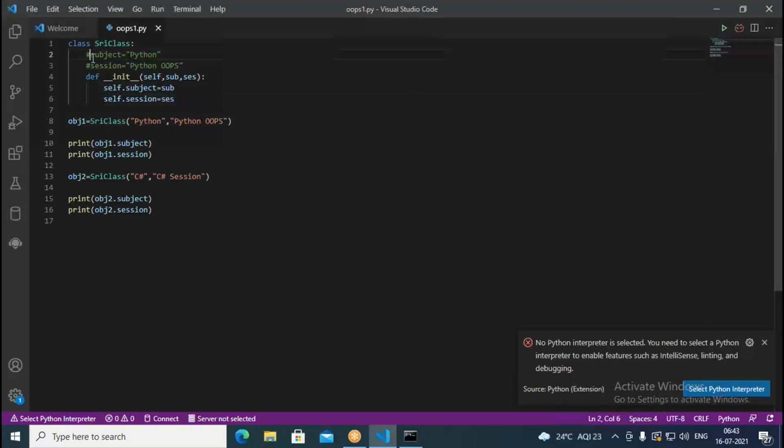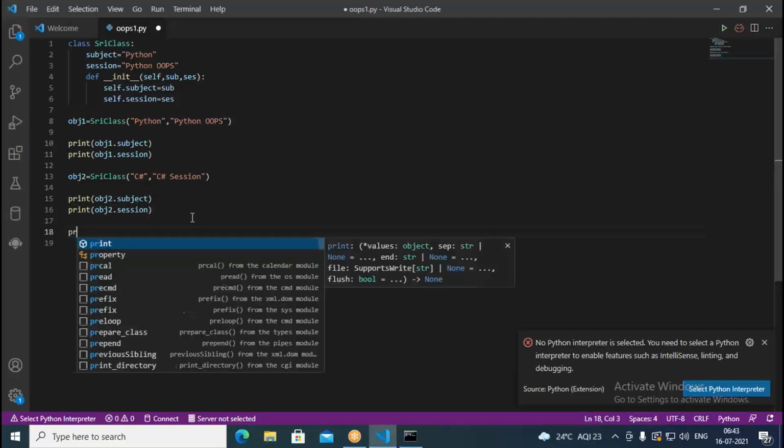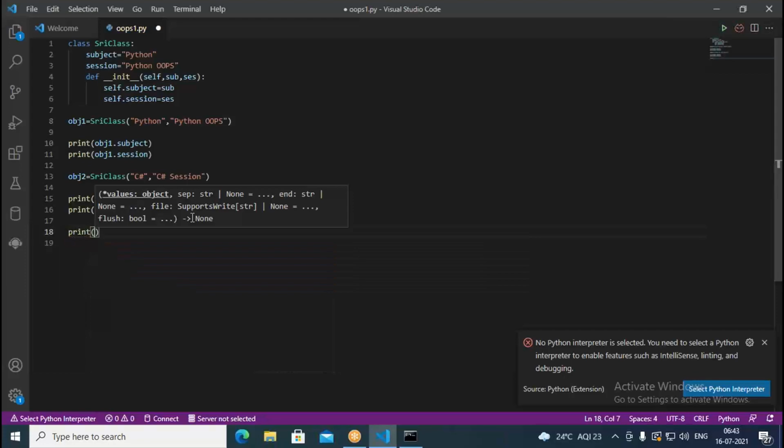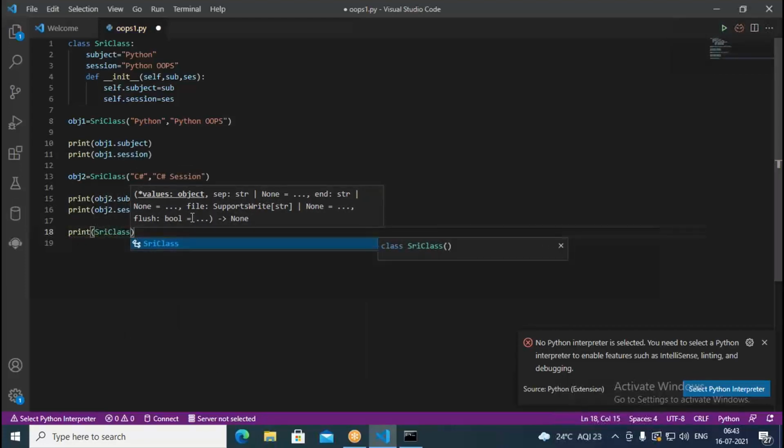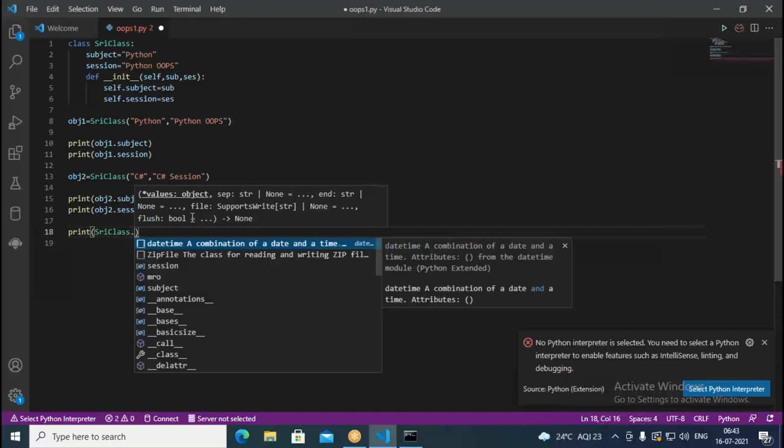Suppose you write here something like subject, session. What happens? These are called as class level variables. They are not object variables. Now suppose I go in this manner here. Then what I do? Print, then I write here Sri class.subject.